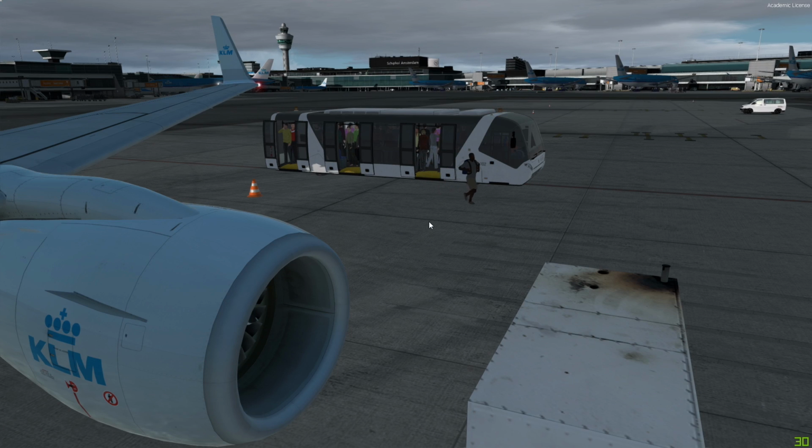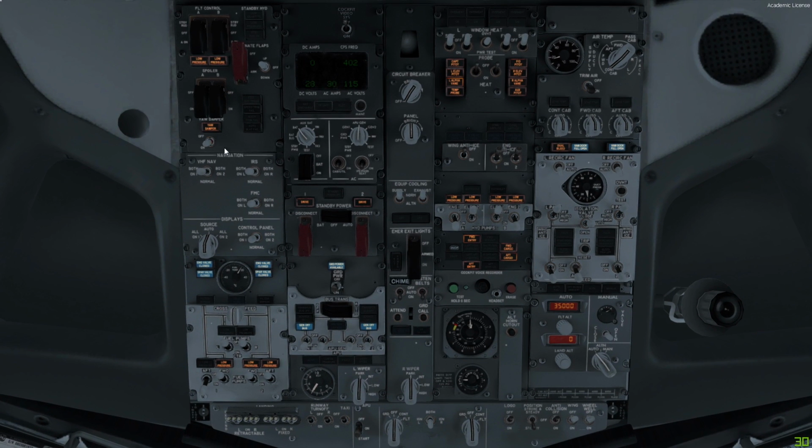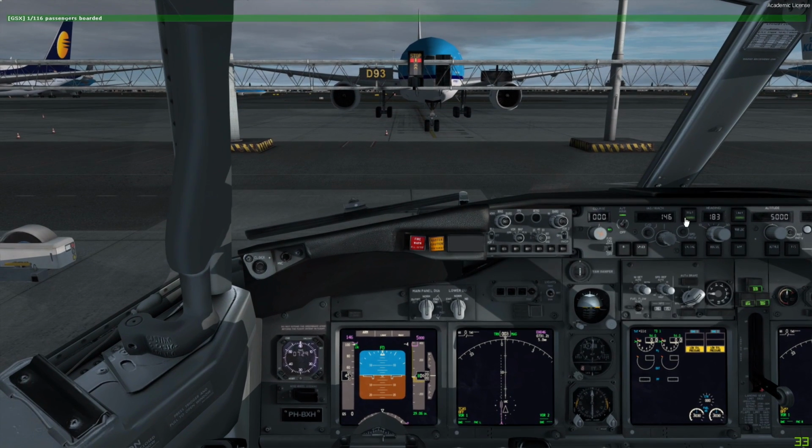So what haven't we done? Let's just go ahead and arm LNAV and VNAV. The altimeter is already set. We can switch on the yaw damper as well. The window heat switches. We've already got the engine page visible, so that's all okay. We've set the heading. I think that's about it. APU power's already been set or transferred. So it's literally just the before start checklist, which we've already sort of dipped into because we've already got the